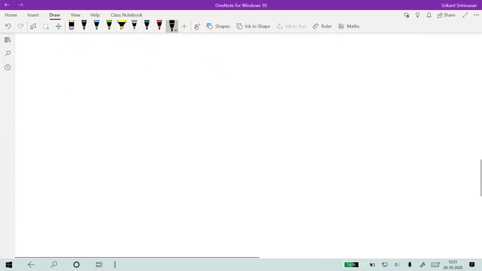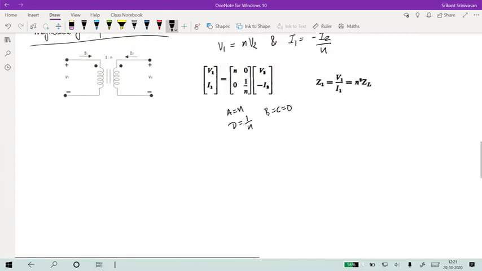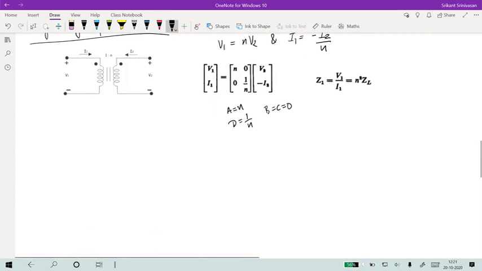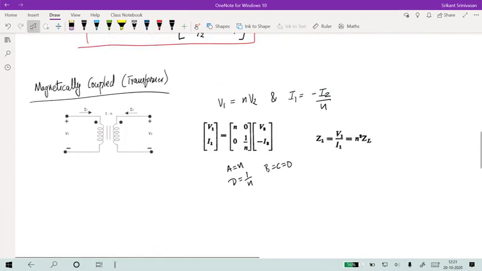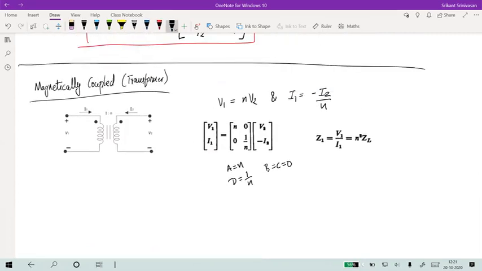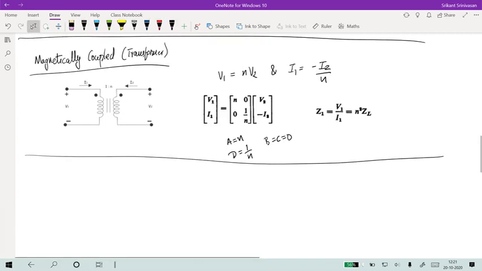Then if we have some space here, I want to go back to the ladder network that I was talking about. So let's just keep this transformer as an aside. And if we have time later in the course, in the semester, we'll go into it in more detail. Or if you don't understand this at all, then let me know. I'll go into it in more detail.